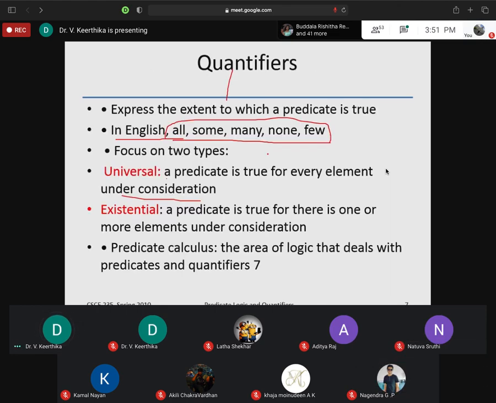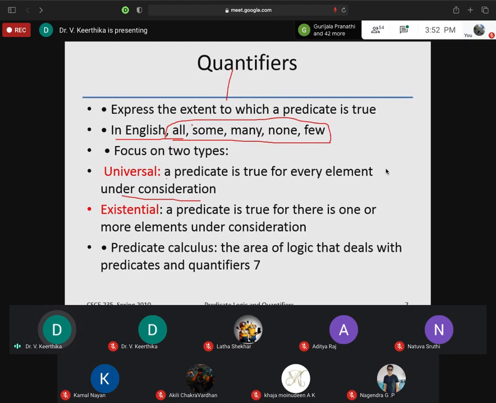Okay. Now I'll go to the main topic called quantifiers. So far I told you what a free variable is, what a bound variable is, and predicate, argument, statement. These are all the things we have seen so far. Now what is a quantifier? In any statement you give, there may be words like all, some, many, none, few.